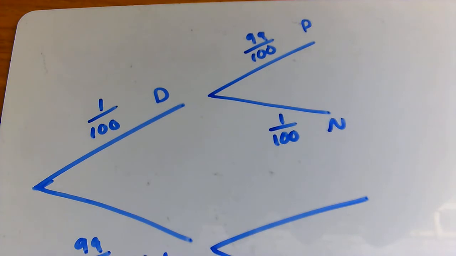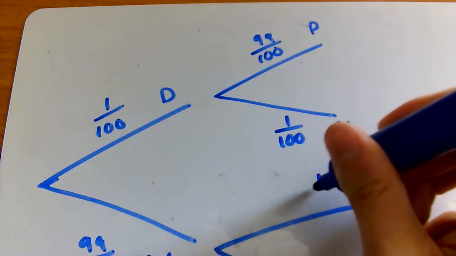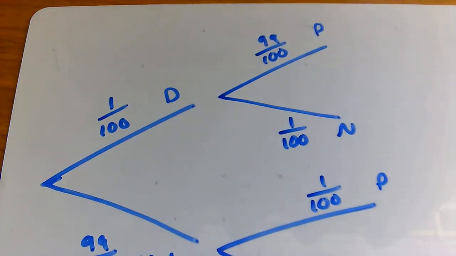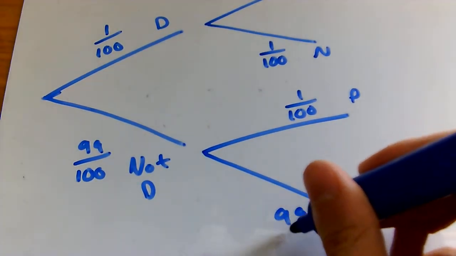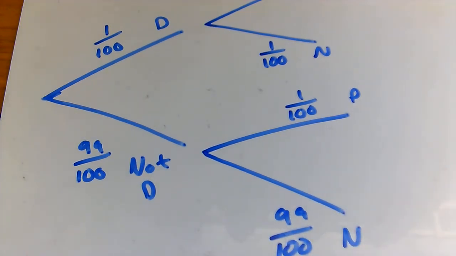If you don't have the disease and you get a test, there is still a 1 in 100 chance that you will get a false positive. They'll say you've got it when you don't. And thankfully, there's a pretty good chance, 99% chance, of being told you don't have it when indeed you do not. So this tree diagram